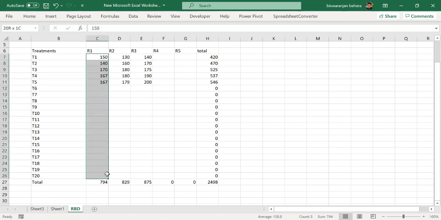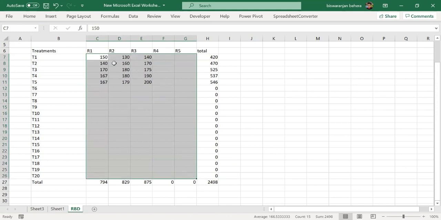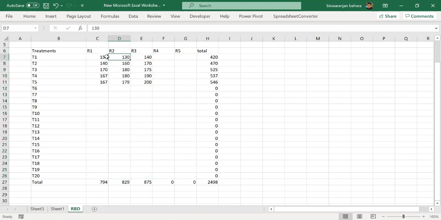After that I have to give the basic difference between CRD and RBD. Here we can see in RBD the R1, R2 and R3 means those are the replications which act as different blocks having homogeneous units. But in case of CRD, the whole experimental field is having the homogeneous unit. So these are the basic differences. That is why we calculated the replication total in case of RBD. In case of CRD, we did not calculate the replication total. Only treatment totals were important. Okay, so here we can see the R1, R2 and R3, those are the blocks having uniform experimental units.